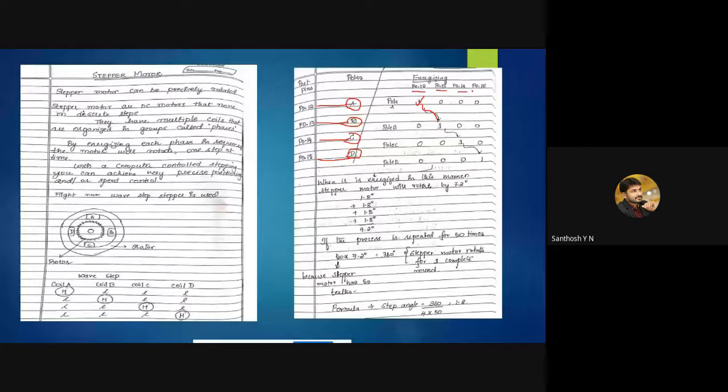Likewise energizing them in this manner, the stepper motor will rotate by 7.2 degrees.